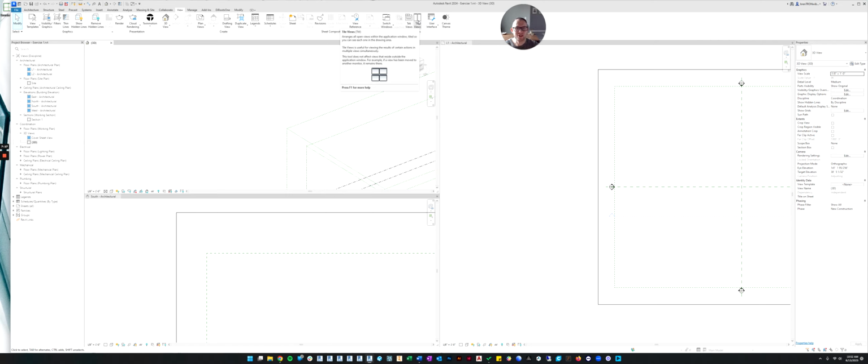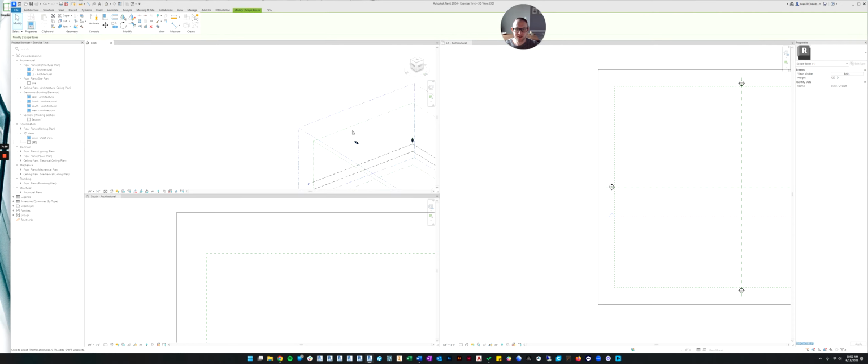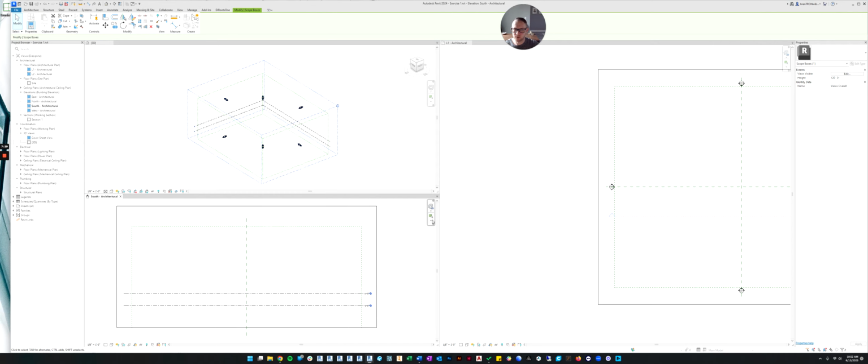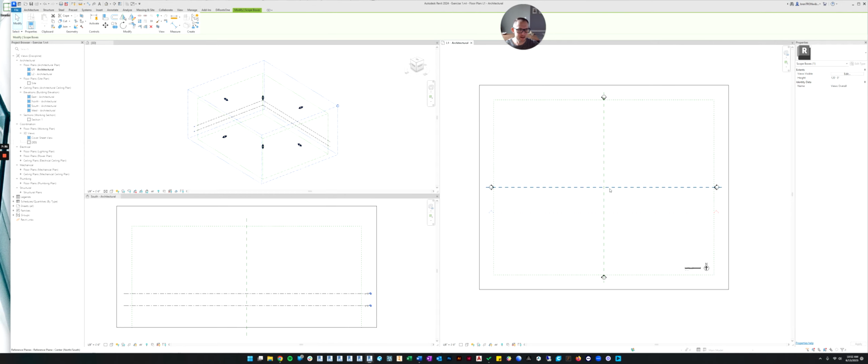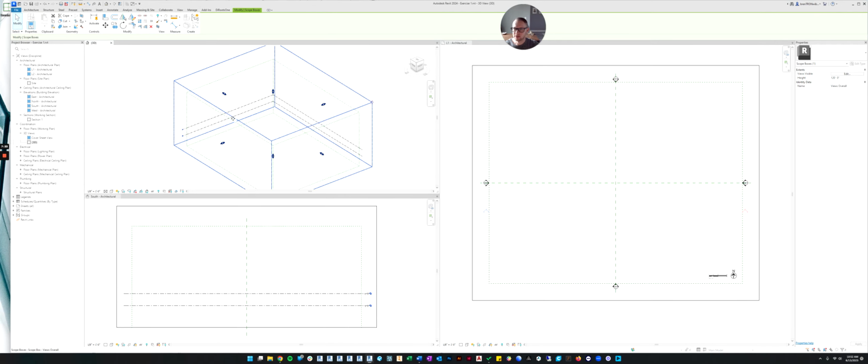So I don't know if they'll match yours, but for sure, if you hover over it, it will tell you on your computer what the shortcut is. Okay, so now I've tiled the views and I'm just going to recenter everything so that I can see it nicely. And here we go. That set us up so that we can start working.